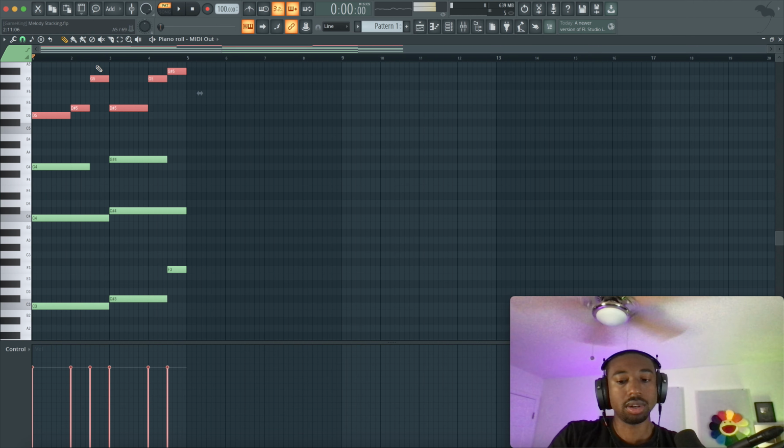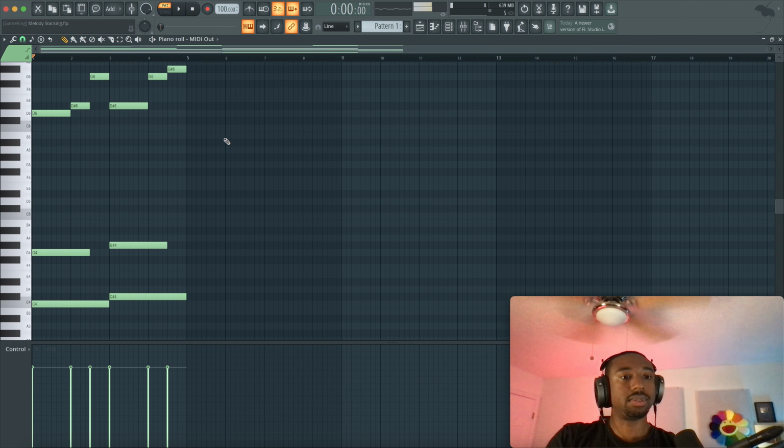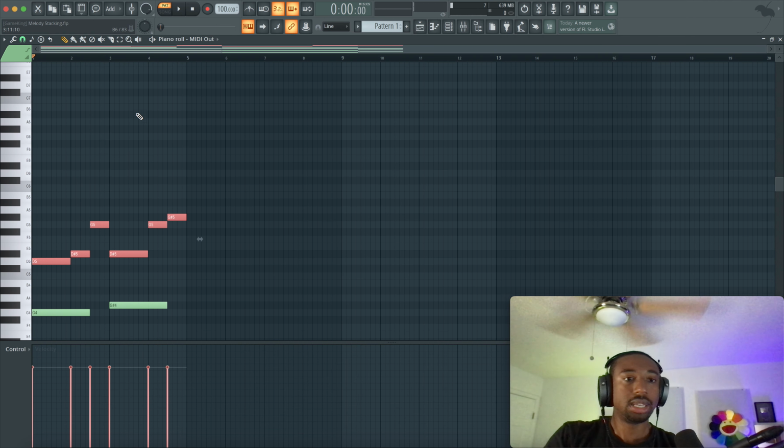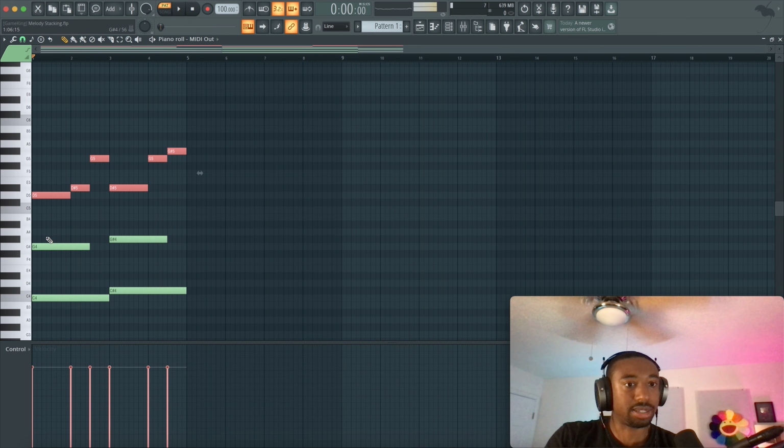This is our top line, and we can also go an octave higher. I try to recommend that for the top line, it's at least 1 octave from the highest note. So in this case, if the highest note of our chord is G, we're going to at least start somewhere around G5. So in this case, the melody did not start there, so we're going to pull it up another octave. It's not a hard rule. It's just so the ear can distinguish the top line from the harmony section. Now we're going to make a more complex melody. I just want to show you guys the basics here.